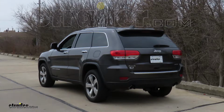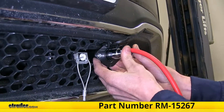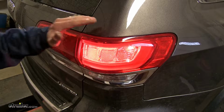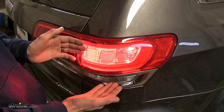Today on this 2014 Jeep Grand Cherokee, we'll be having a look at and showing you how to install the Roadmaster Diode 7-wire to 6-wire Flexo-Coil wiring kit, part number RM-15267. Here's what our diodes look like installed. As you can see, what's great about this is that it utilizes the factory lights on our vehicle, so we